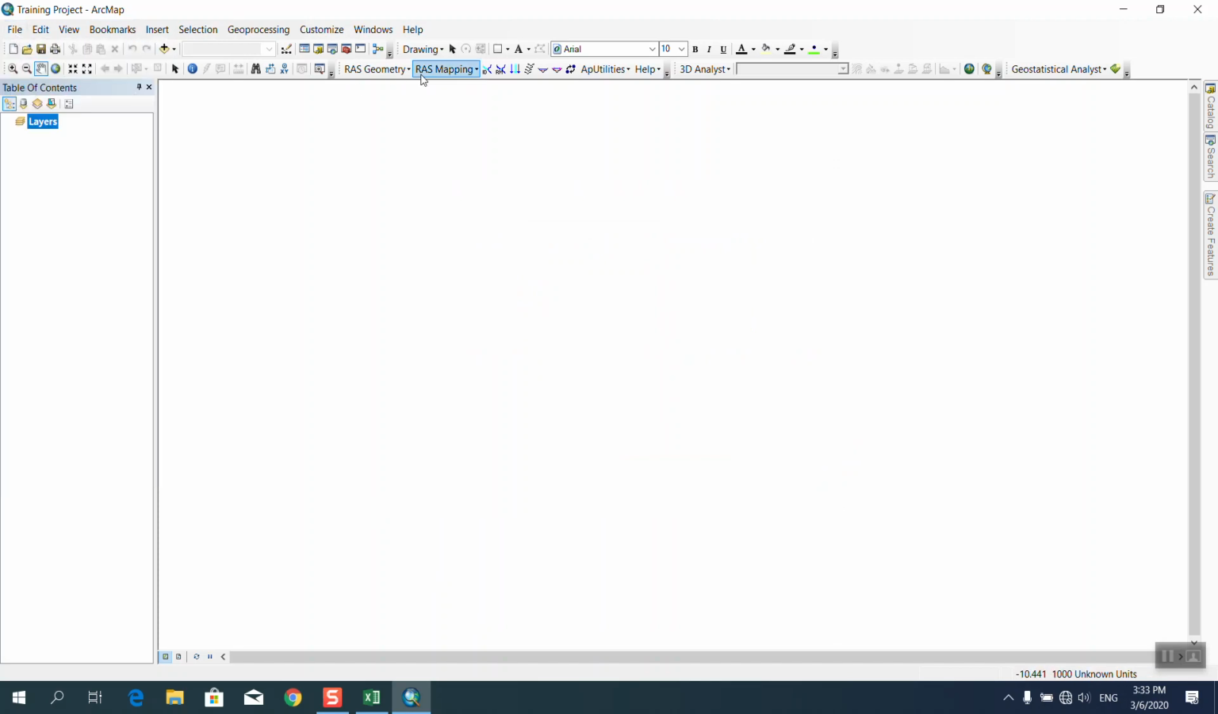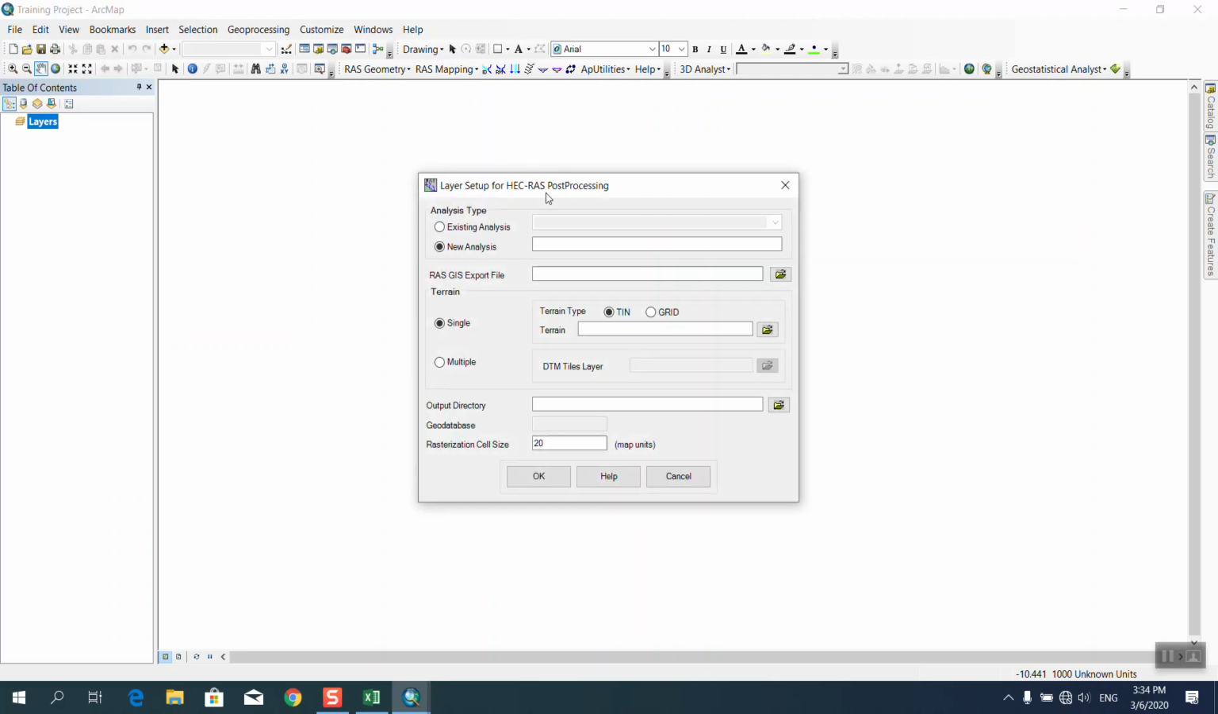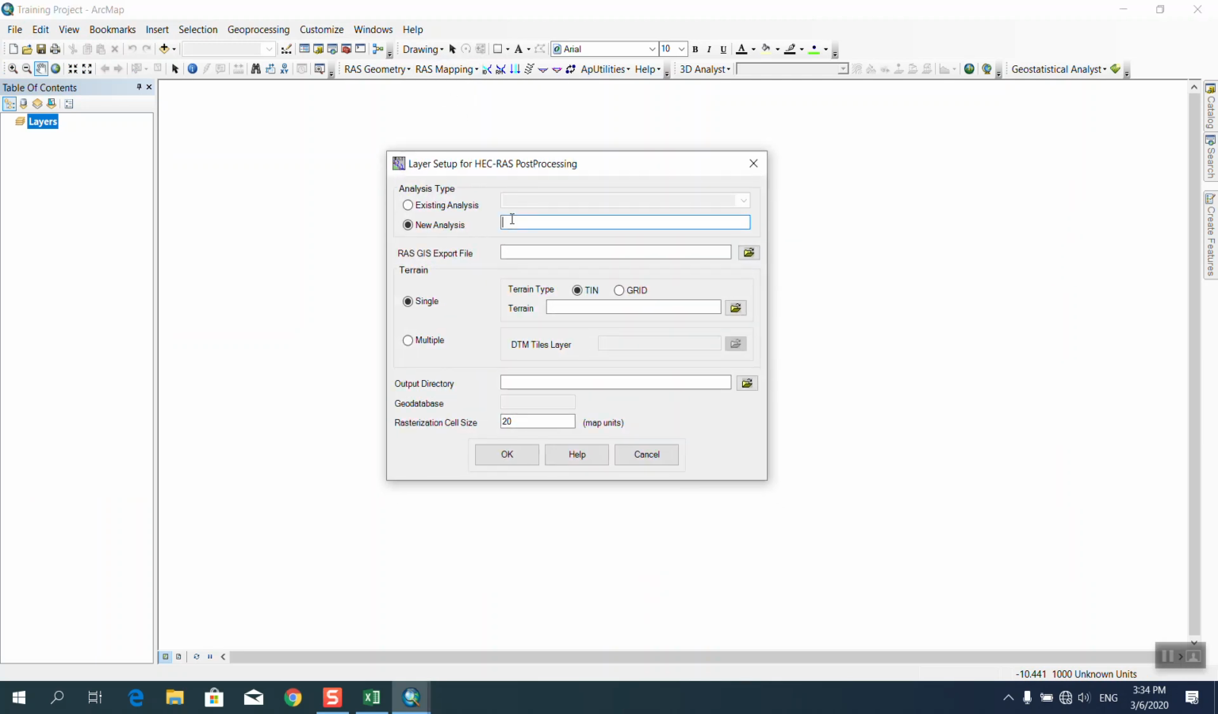Then come to RAS Mapping, because we do all the calculation or the necessary steps in HEC-RAS. Then we want to import them. We use the menu of RAS Mapping tools. Come to layer setup first. What's the name of your analysis? Give or enter the name,